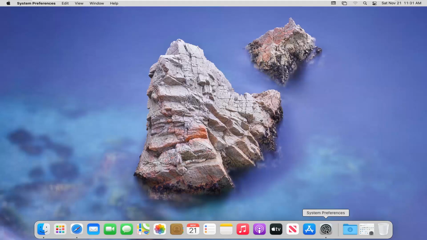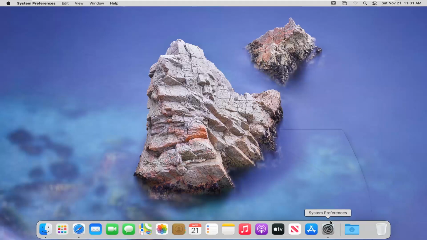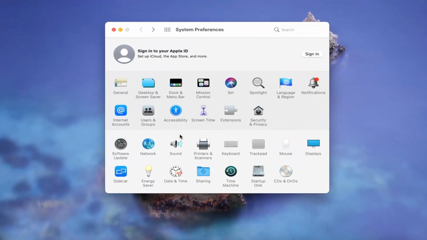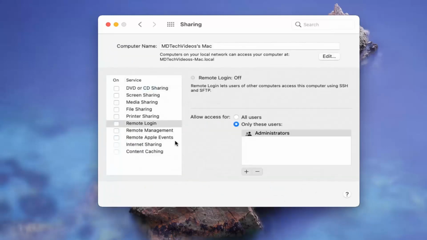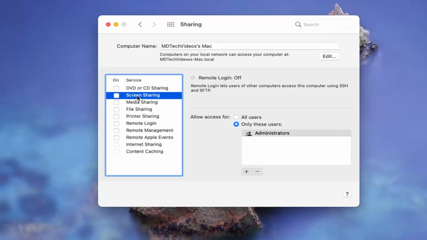So we're going to start off by opening up System Preferences down in our dock. So go ahead and left click on that to open it up. Go ahead and select the Sharing button. Where it says screen sharing, go ahead and left click on that and then check mark the box where it